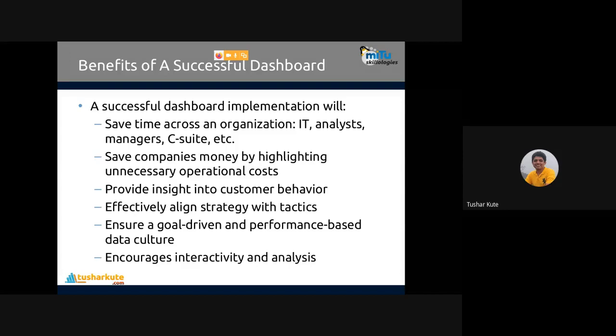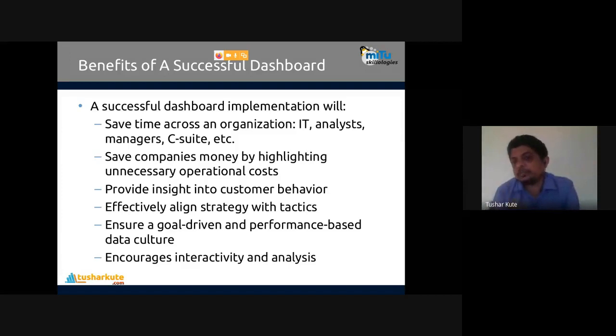That's why there are goal-driven things. So we are going to achieve this particular goal, and how much time will be required, how we are progressing. If you check your progress graphically, it becomes easy to understand, and even easy to define the further steps, what steps you have to take ahead. Okay, so a goal-driven and performance-based data culture is possible.